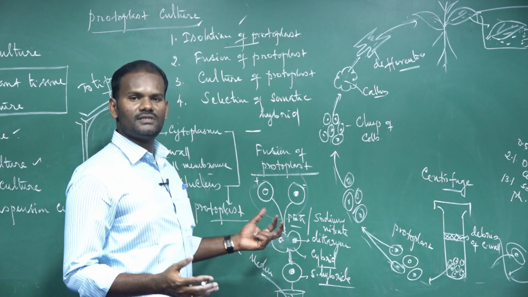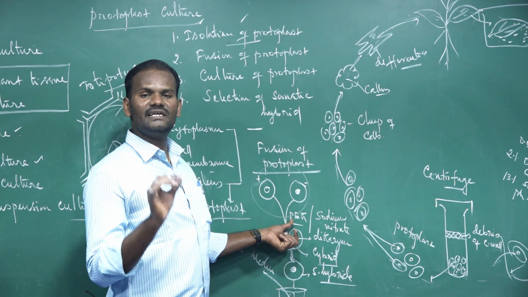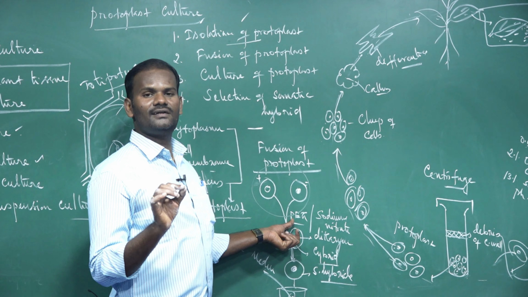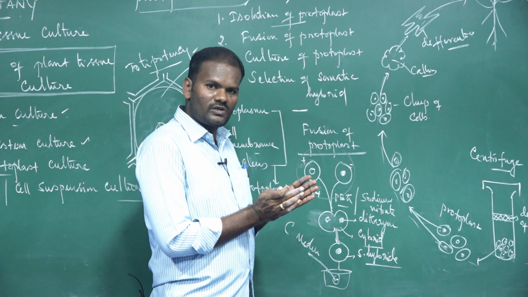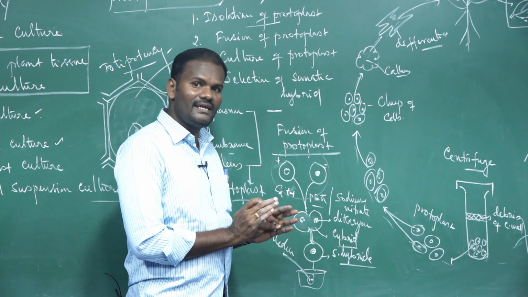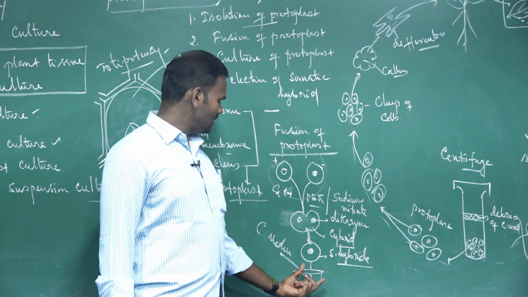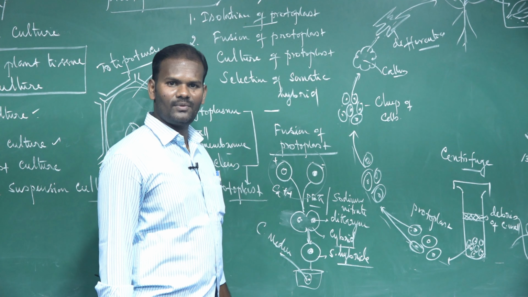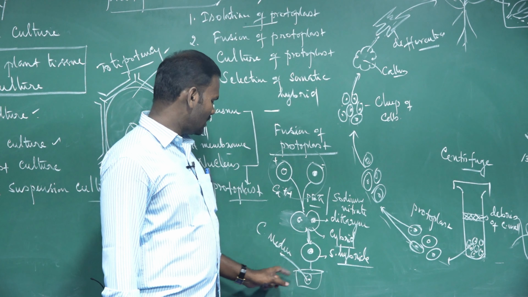So how are the protoplasts fused together? By using a fusogenic agent called polyethylene glycol or sodium nitrate in the presence of calcium 2 plus ions, they are induced to fuse together to form hybrid cells called cybrids. Without nuclear fusion, only the cytoplasm of the two cells is fused together. Then followed by nuclear fusion, these are called synkaryons. As a result, we get a somatic hybrid by this process called somatic hybridization. Now the somatic hybrids are cultured in the culture medium. Next technique: culture of protoplast.